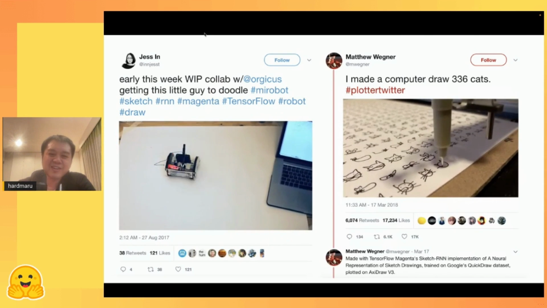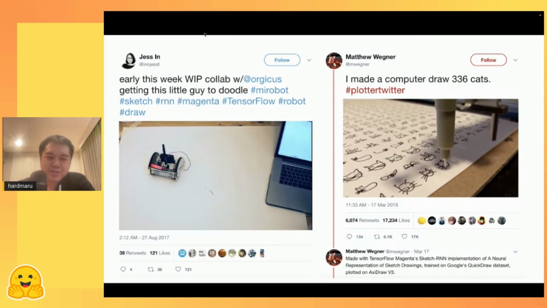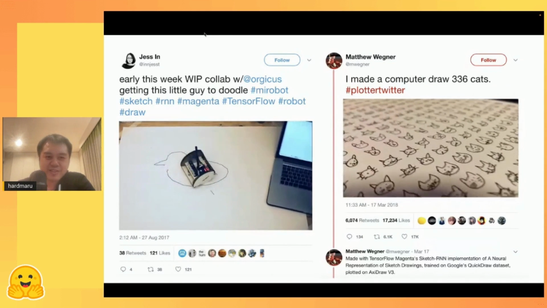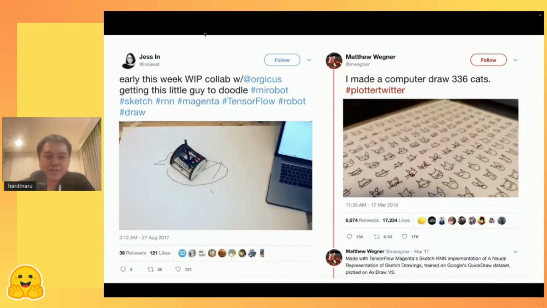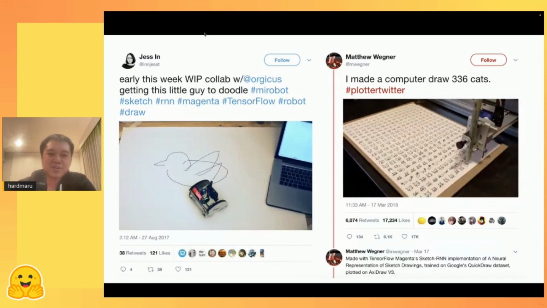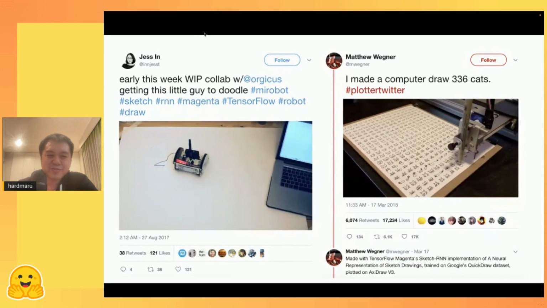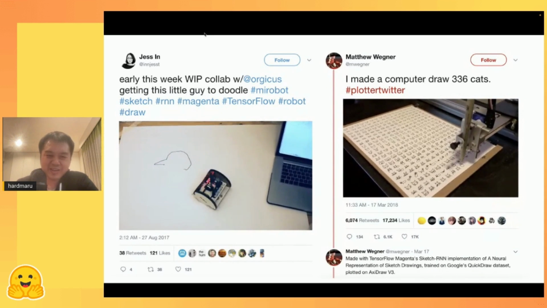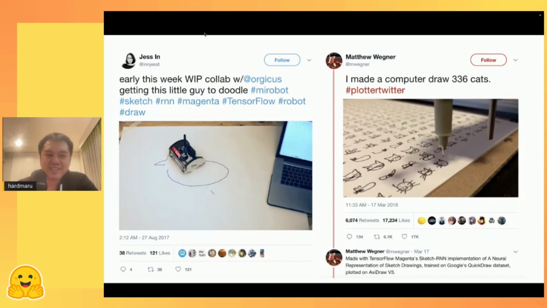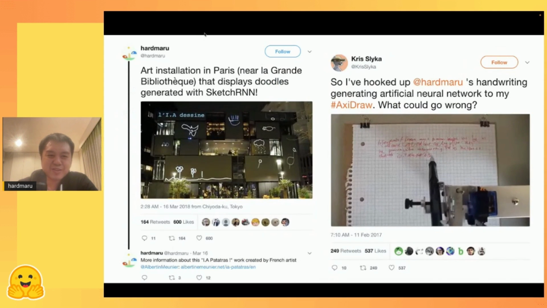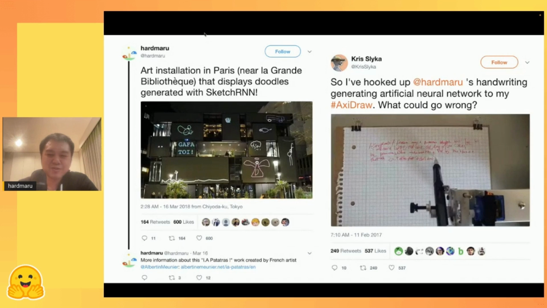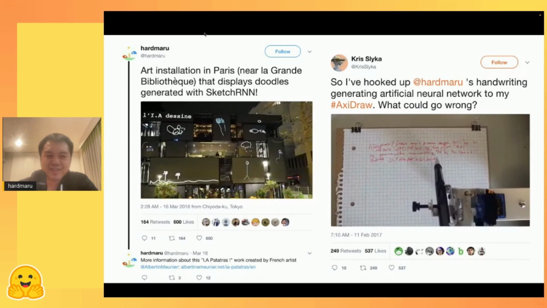And just like now, back then I also tried to open source these models and release them for everyone to use. It was amazing to see how the community took apart all of these neural networks in the wild. One of the things I saw was that people deployed them on robots, and they were drawing doodles of cats and birds, and someone even took the SketchRNN model and projected some outputs onto a building, and that was pretty cool.